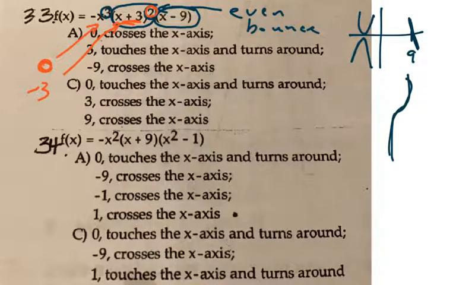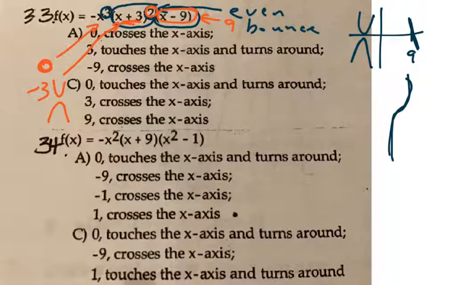But because of the square power, we know it's either going to touch and bounce down or touch and bounce up, depending on the position of the graph. Okay? And then finally, this x minus 9 simply means 9 is another 0, another place where it crosses. So if we look at our choices here,